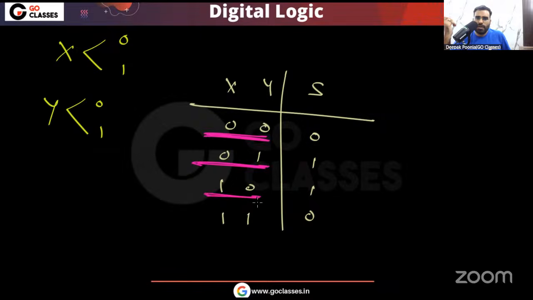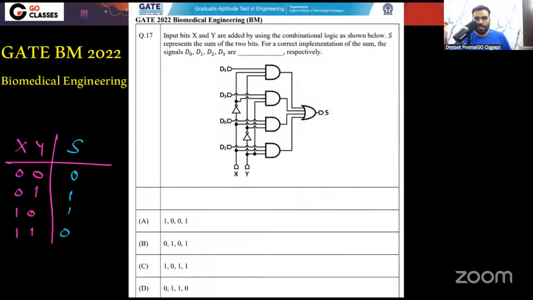You can put XY 1, 0, then you can find the S value from the circuit, and that S value must be 1. Then you can put XY equal to 1, 1, then from the circuit you can find the S value, and that must be 0. So you can easily find D0, D1, D2, D3. Very simple question. This is not a hard question, but the other method that we have seen